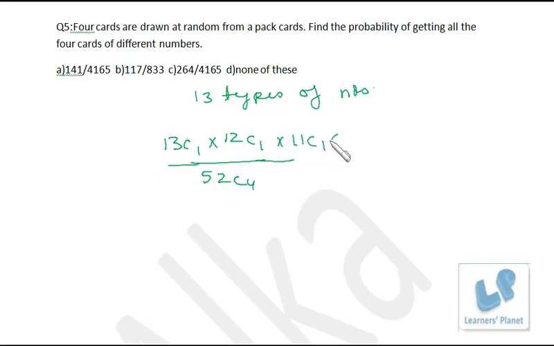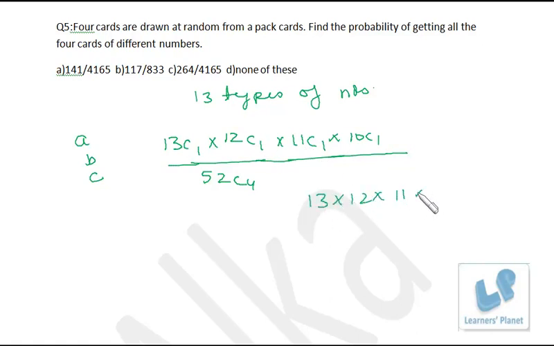Similarly, getting my point? First time, suppose we are drawing a number A, then second time A should not be there. Second time we are drawing B. The third time A and B should not be there, so we are left with 11 choices. For the third time, suppose we are drawing C, then we are left with 10 choices. A, B, C cannot be included in the fourth case, right? So that's very simple. 13 into 12 into 11 into